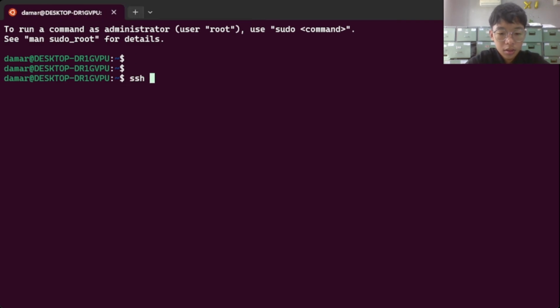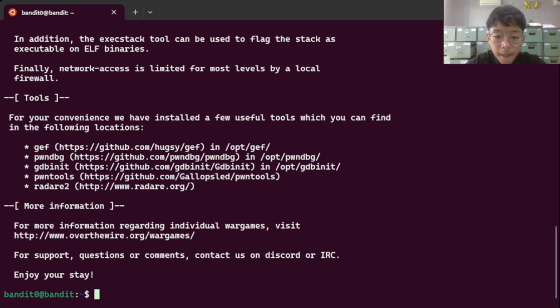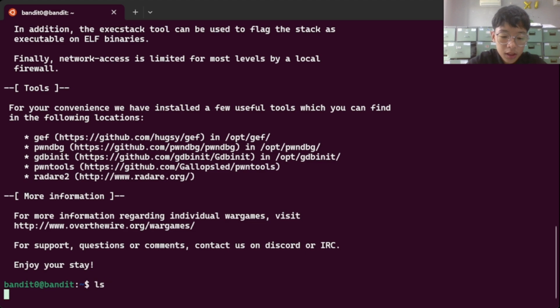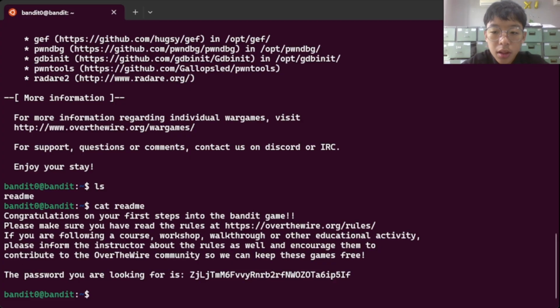Log in again with bandit0, and then ls, and then use cat. Just type cat readme. Okay, this is the password.